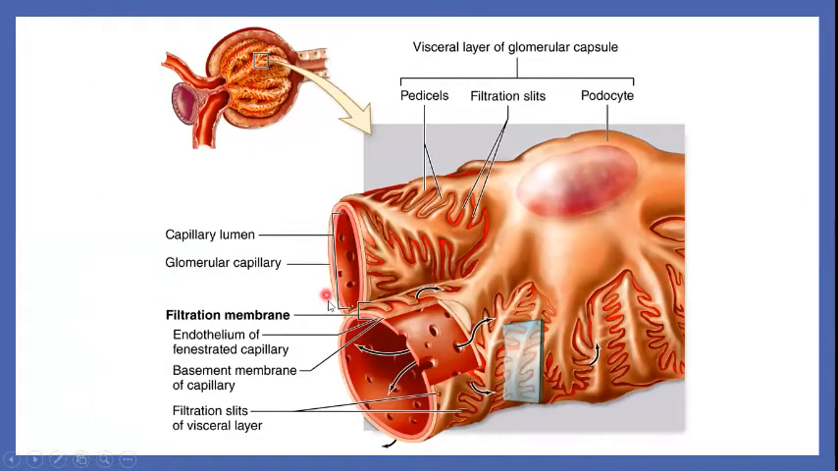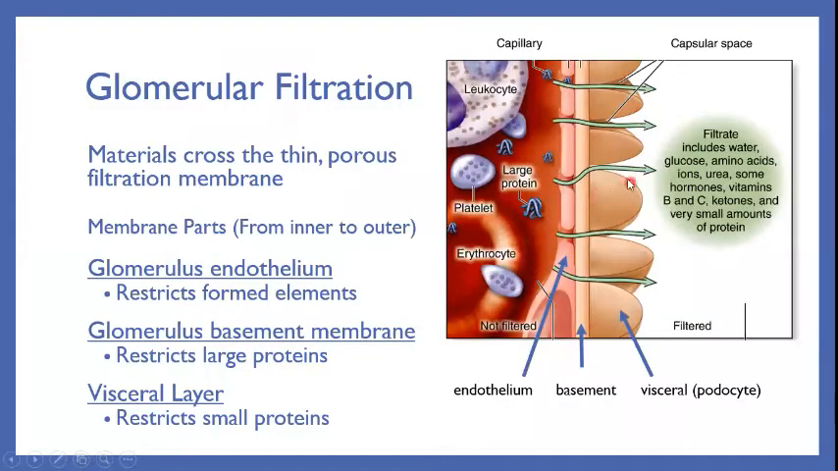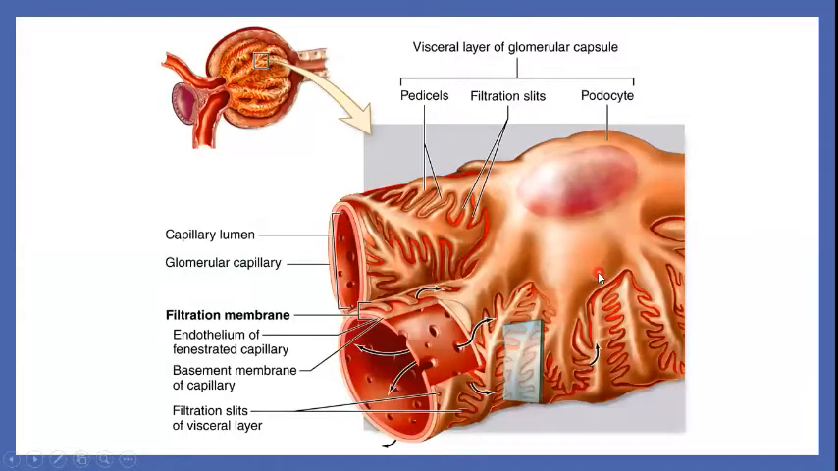Here we see a capillary and another capillary. These capillaries are surrounded by the specialized cell called the podocyte. On this picture, we only saw the little tiny extensions of the podocyte. And here we see how it looks when you see the entire podocyte cell wrapping itself around the capillaries using